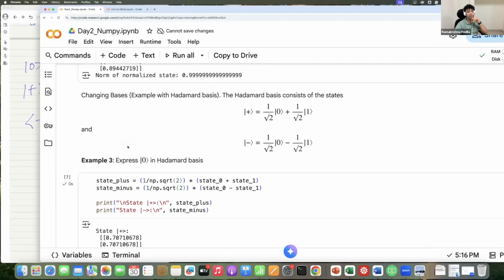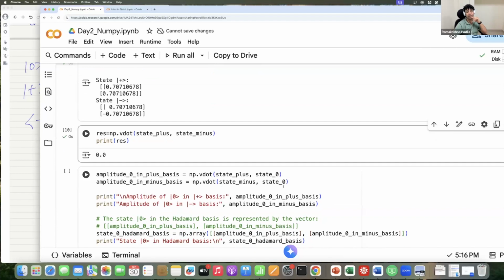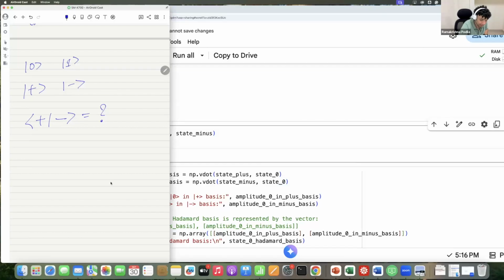So then what we have to do here is express it the other way around. We want to express 0 and 1 in terms of plus and minus. We can do that by changing the basis, by projecting onto these states. So we have expressed plus as 1 over square root 2, 0 plus 1 over square root 2, 1. Now if I want to express state 0 and state 1 in this new basis,